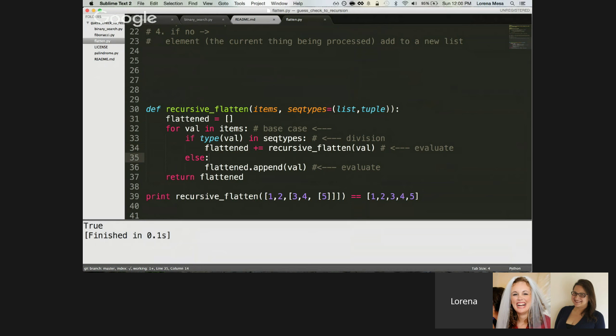Okay, so flattened is, remember, that's our original guy. So let's not really worry about this right now. Let's look at the right-hand side of this operation. Recursive flatten. The val that we pass in, again, that's the current element we're processing. So it's going to be list 3, 4, 5. So we come in here, and now we're iterating over 3, 4, 5. We've got this flattened array here. So we do create that again the first time we execute a recursive call. So that's method call 4. I'm sorry, this is actually method call